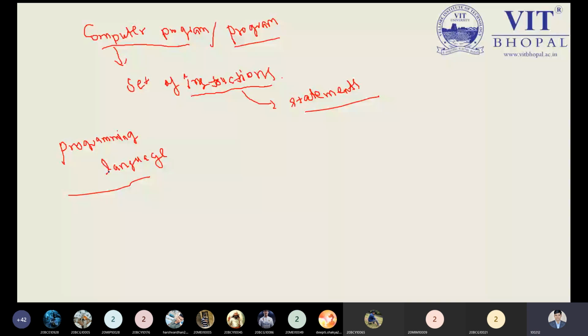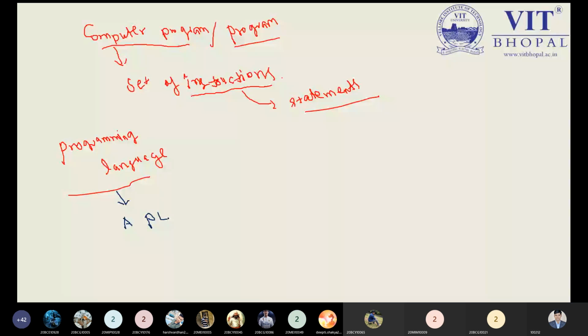With the help of the programming language, we can solve our problem, but this language will be understandable by the machine. In a general way, I'm not talking about the fundamental part right now, that is a deeper part. A programming language, we can say a computer programming language, in short I can write PL. A PL is a